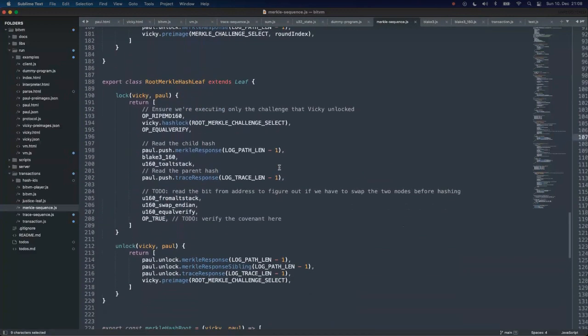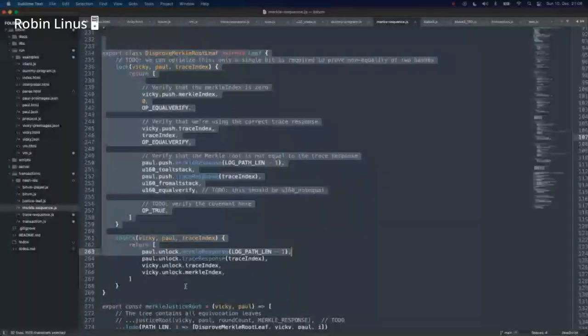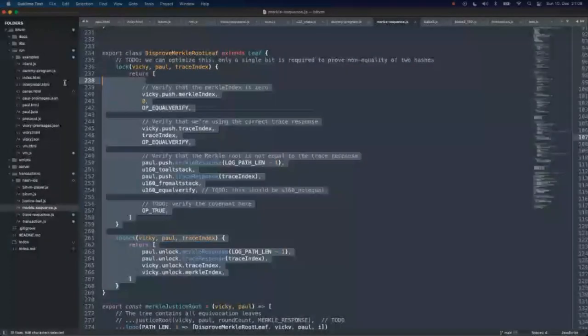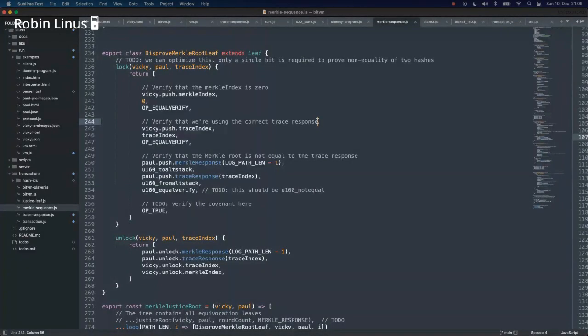Only here at the end, for example, if that thing actually ends such that he hashes such that he would end up with the root, but the root is incorrect, then Vicky can say, hey, okay, give me the root that you just created, which is her last Merkle response, and then she compares it to the trace response, to the last trace response. This is the first time where it actually gets connected. Everything else is completely disconnected,